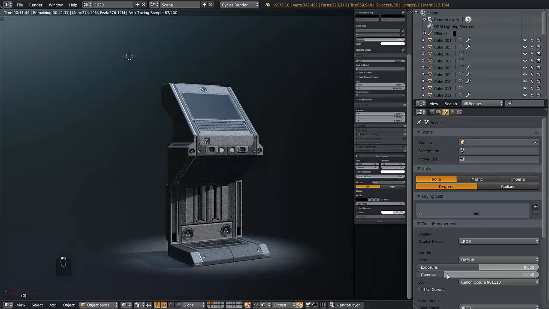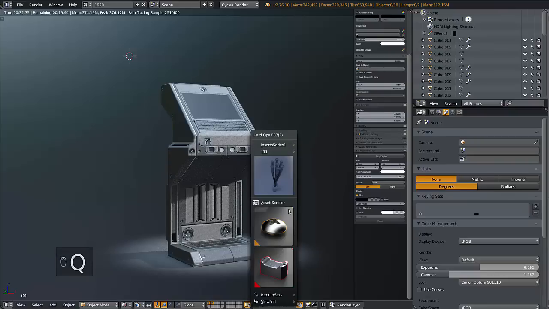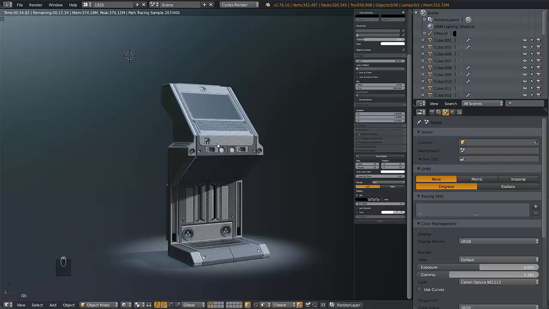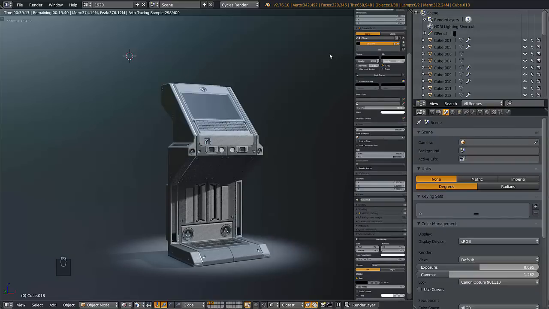We'll raise the gamma, lower the exposure, maybe raise the exposure too. And so with that, I believe I was able to showcase this version of HardOps version 007, and also throw